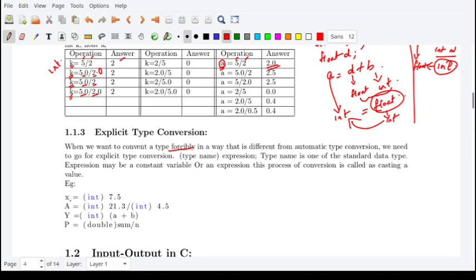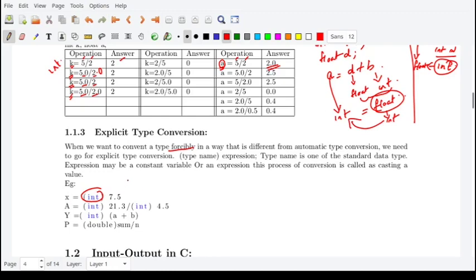So look at this example. x is equal to (int) 7.5. You are writing the data type inside brackets, so this 7.5 will be cast to this particular type. This operation is called type casting.